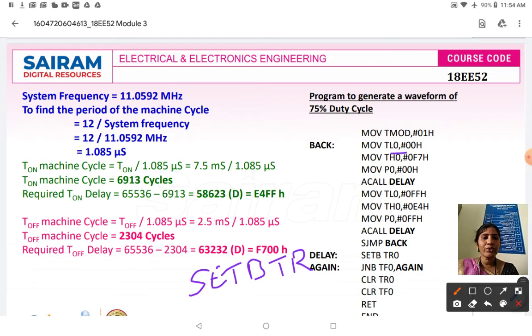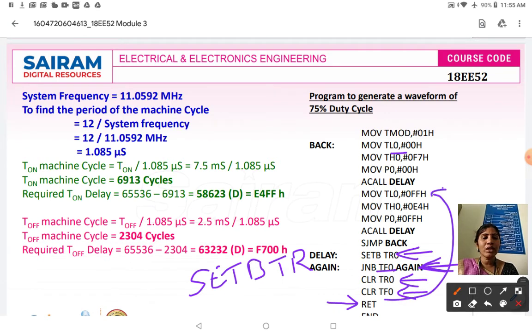Here, as we have already used timer 0, I am going to use the timer 0 run bit, that is SETB TR0, and every time we will be checking the timer flag. So until the timer flag is set, the loop continues to run in the same line as specified over here. Once the timer flag is set, it means that the timing delay is over, and we need to clear your timer run bit and timer flag, and you have to return to the main program. When your assembler executes this return instruction, it will go to the next line of your call instruction.